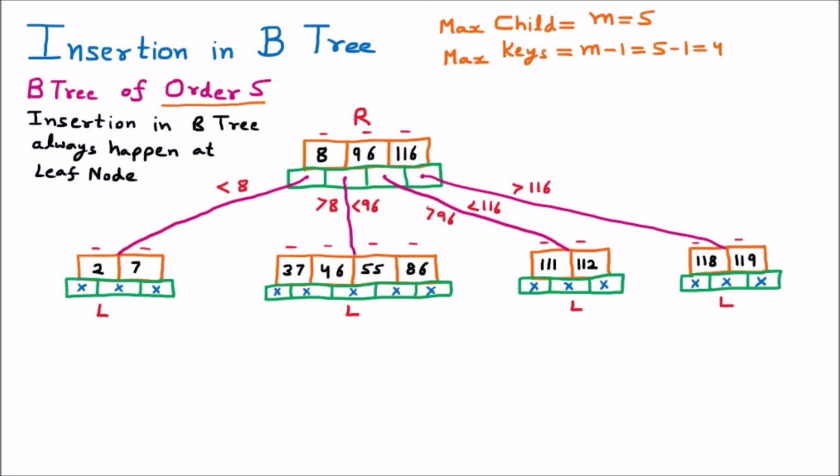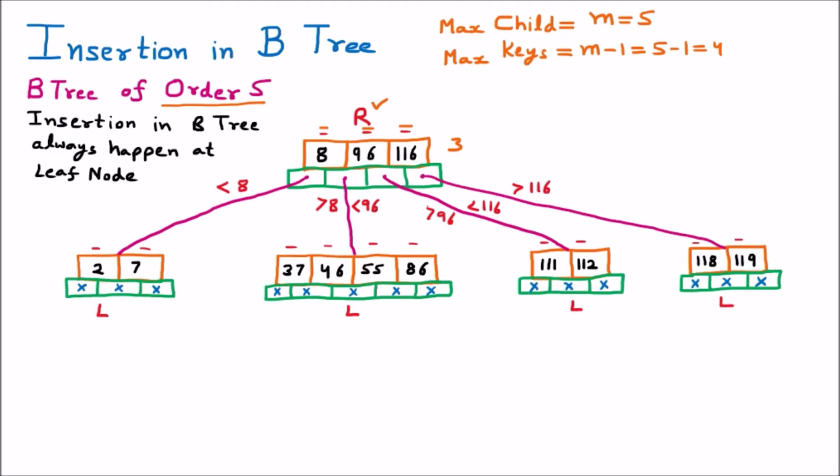There is one more property that B tree has to follow, that there should be a minimum of one key in the root node. Now root can have the maximum keys which are given, but minimum there should be one key. So we are checking here. We know that the top node is the root node. Here how many keys are there? 1, 2 and 3. So there are 3 keys available. That means the minimum of 1 is already there. That rule is satisfied. So the B tree rule is also satisfied.